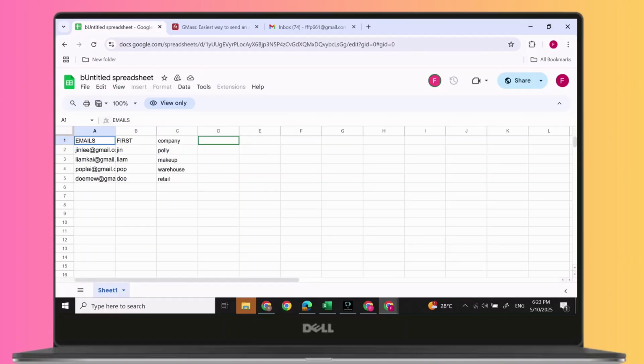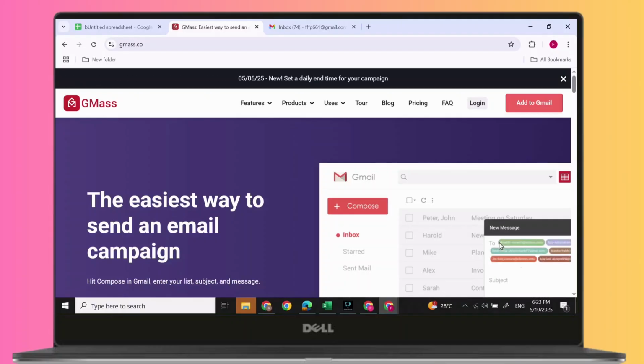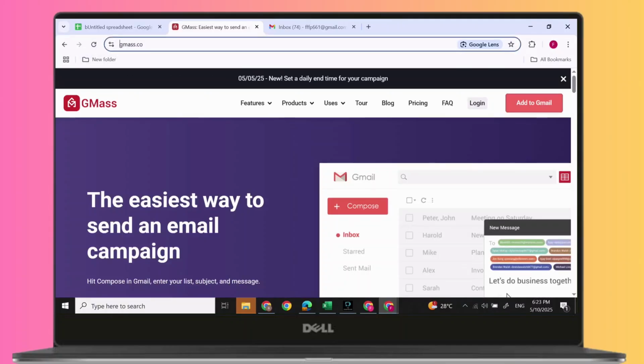Let's jump right in. First, open Google Sheets and then type in the emails. Then add their first name, your company name or their company name. You can also add a discount code. And after you're done, open a new tab and search